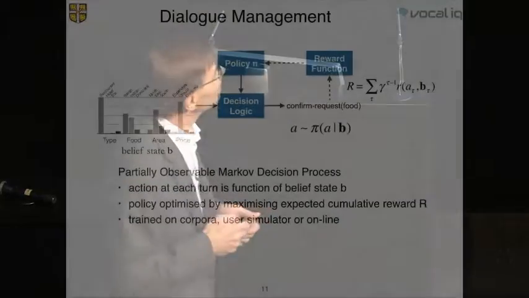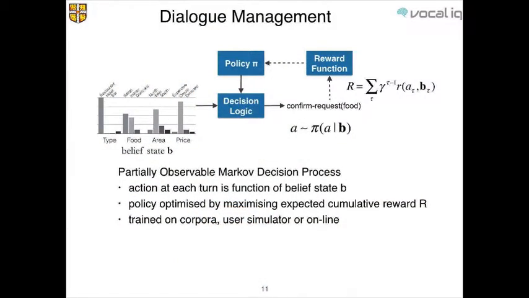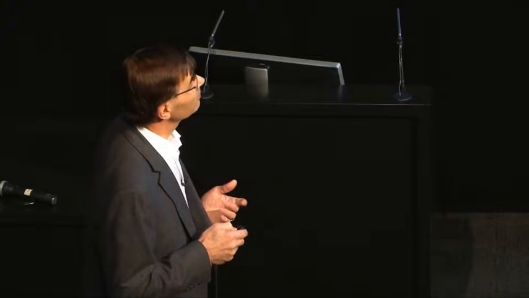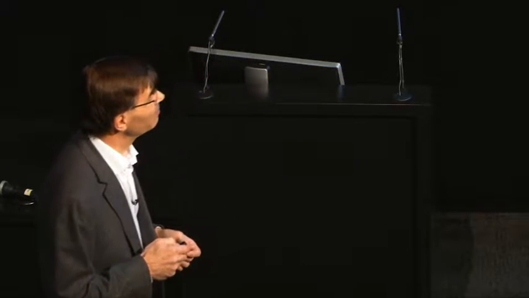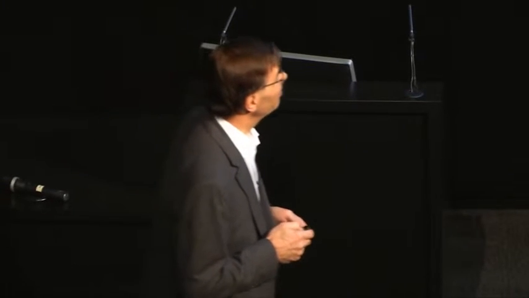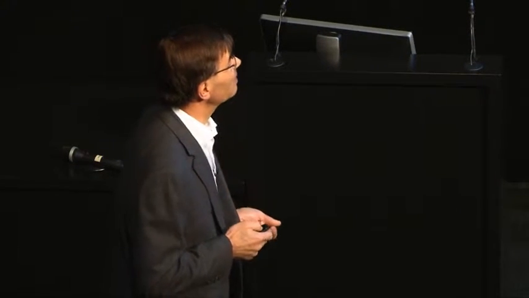And so the goal of the dialogue management is to take this belief state distribution and have some sort of function, and this is actually a probability distribution, but conventionally in the literature, the probability of some action A given the belief state B is written with pi. And the goal is to find a pi such that the expected value of reward you get from running a dialogue is maximized. And this is a sort of classic reinforcement learning problem, for which there, of course, is a very large literature,